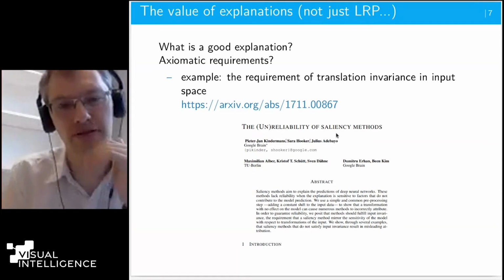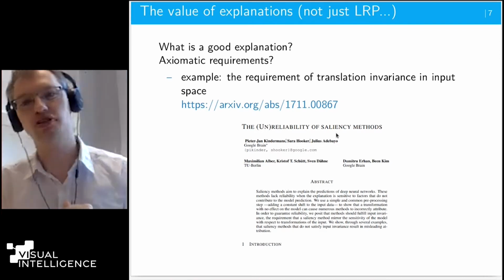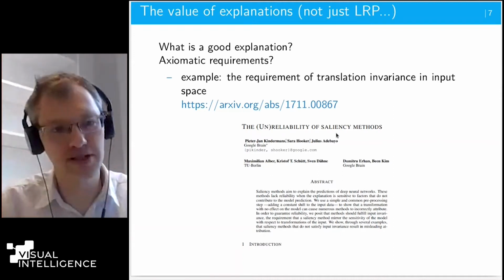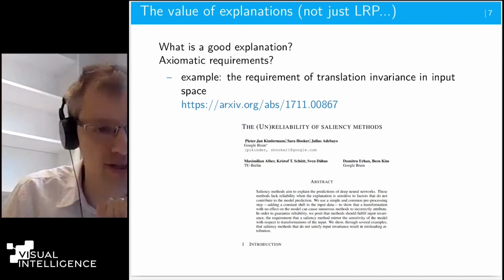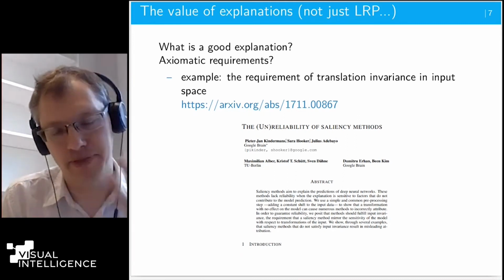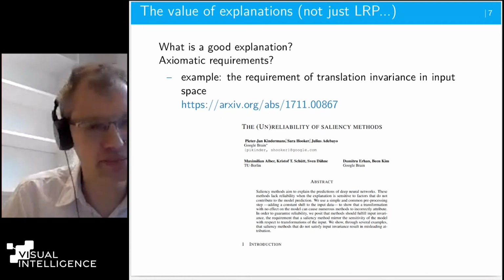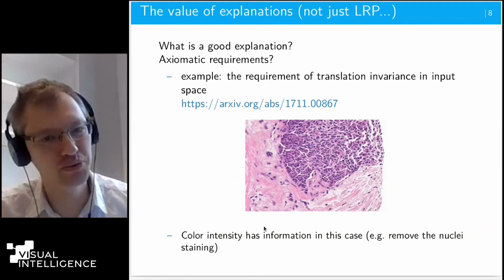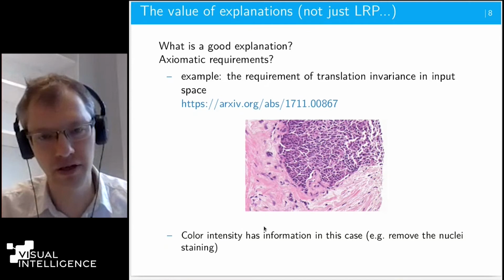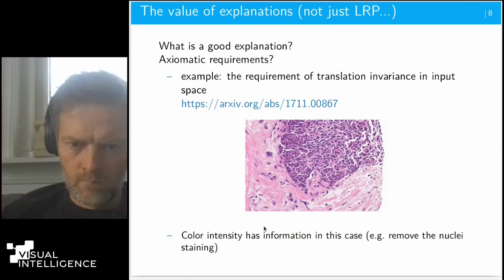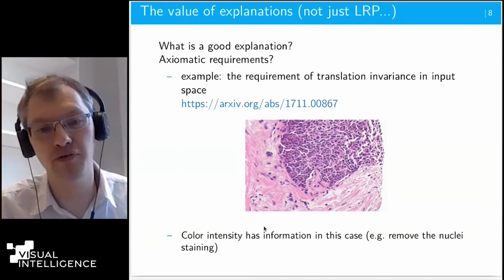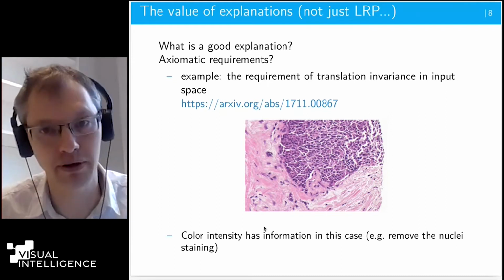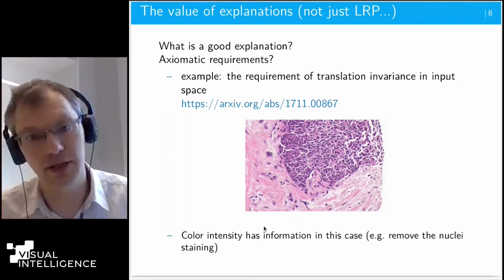whatever attribution method you use, it should be translation invariant. So I take an input, I make a general shift of the input sample in one direction, and I should have the same explanation. And that sounds actually quite reasonable. But if you think further, there are many use cases where you do not want translation invariance, not even in the forward pass prediction. And if you don't have it in the forward pass prediction, then of course your explanation should also not be translation invariant, because otherwise you're just ignoring some information in your data and very likely what your model also has learned.